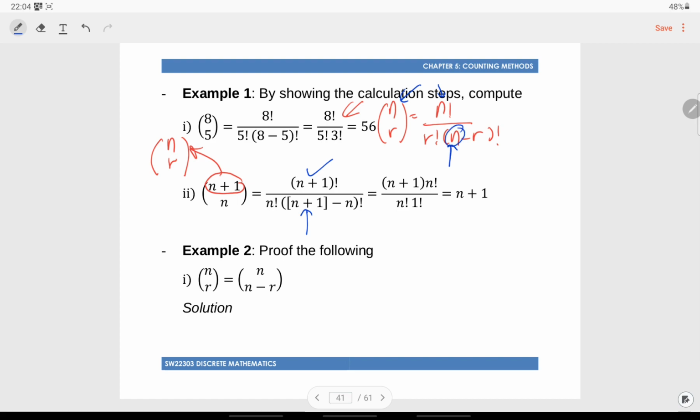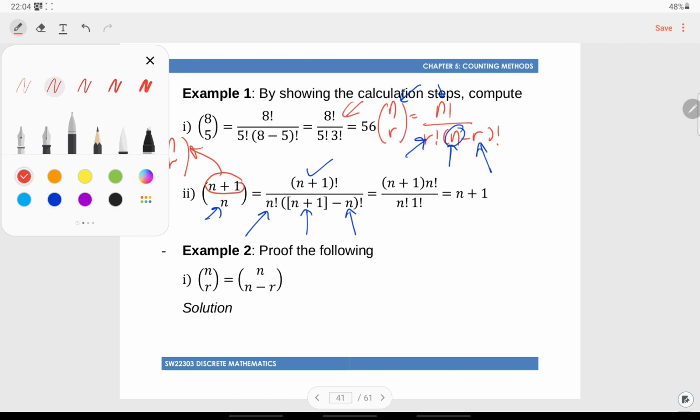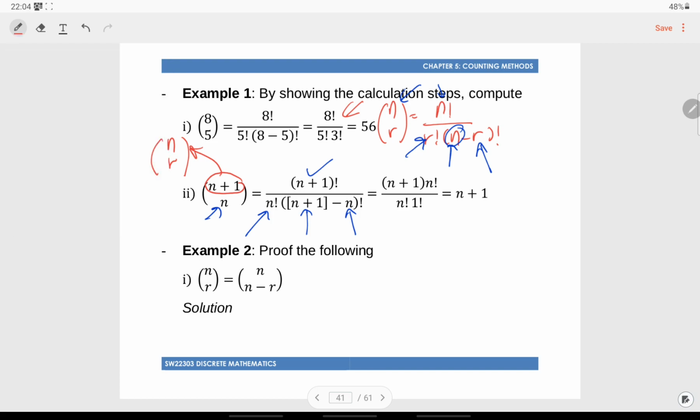So how about the r? Because in the r position we have n, so we have to substitute all r in this original formula as n. So we have n factorial, and also we have n here. Okay, so after we complete all the entries in the formula, now we are ready to simplify the formula. So n plus 1 factorial is equal to n plus 1 times n factorial divided by n factorial,